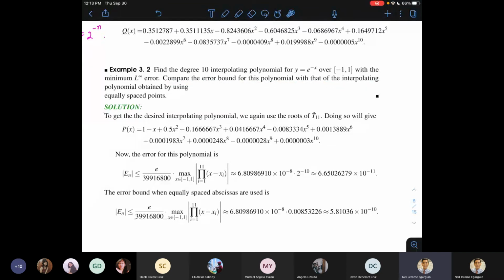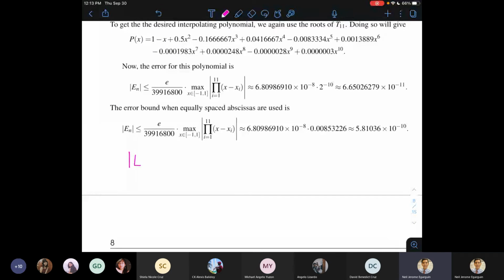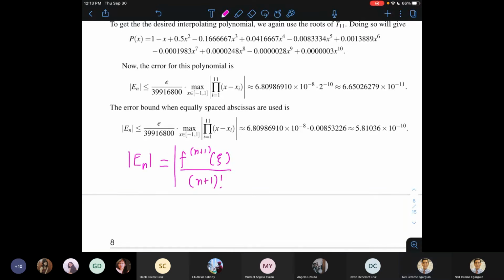Okay. So remember yung error, ano nga yung formula sa error bound? Yung absolute error would be less than or equal to the n+1 derivative of f evaluated at some number psi all over, actually equal to dapat, n+1 factorial times omega of x. Pero pwede natin itong palitan nito.